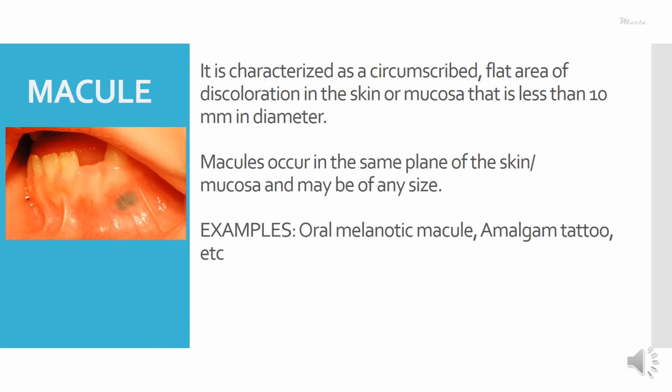However, another melanotic lesion, melanoma, which is a malignant lesion, may have initially occurred as a macule during its earlier stages. However, in due course of time, the particular macule would have turned into a nodule as a result of proliferation of cells, which is a characteristic of a malignant lesion, and then there is a change from a macule to a nodule. So this is an example of a secondary lesion. It's important to differentiate between benign and malignant lesions because the treatment varies and overall we will be able to treat the lesion effectively.